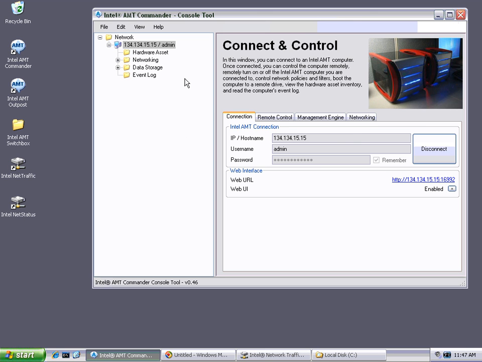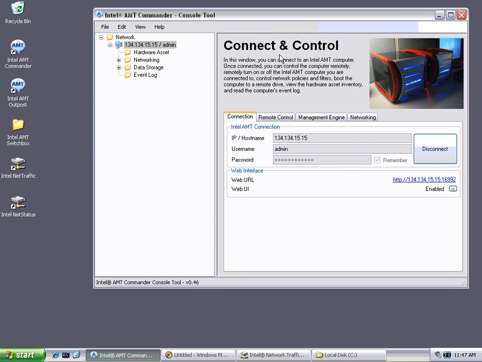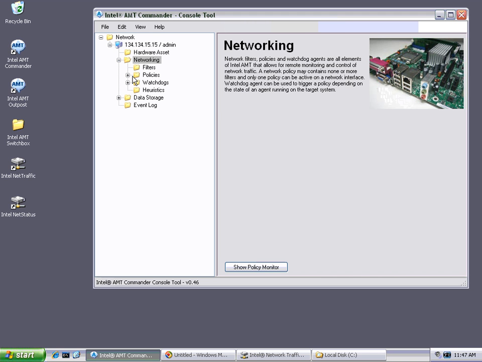So normally you would run Commander on a different machine than the AMT machine itself, but what I'm going to do here is run Commander on the same machine and just use a router to loop the traffic back. So this allows me to have the console right here and also to test heuristics, as we'll see in a minute. So I just connected to my own machine, and of course I get all the normal